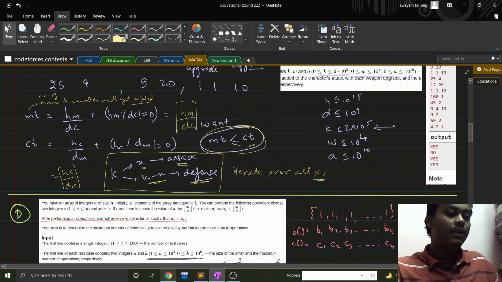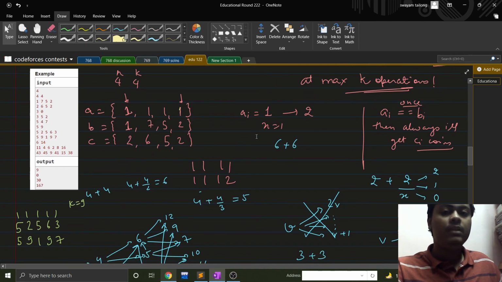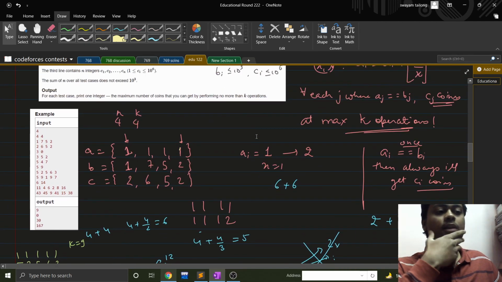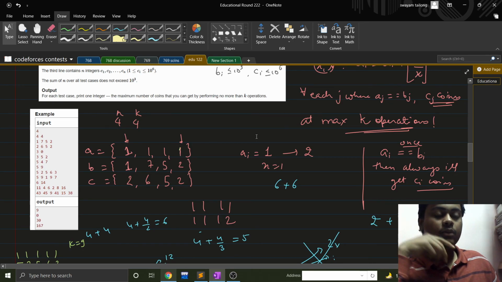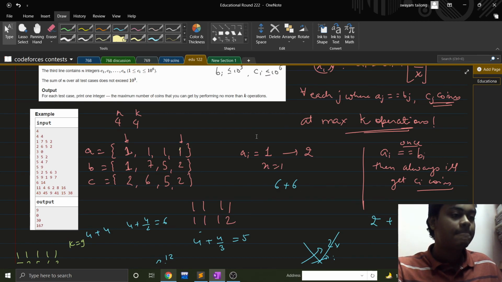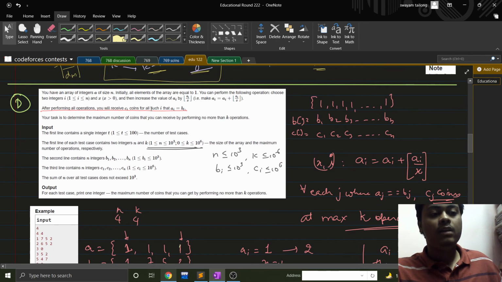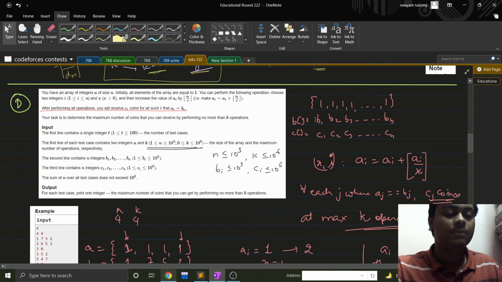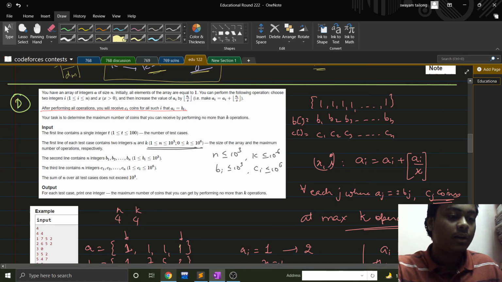Problem D, I'll just give an overview of what I was trying to do. In problem D, I was trying to do, it is not a solution. So if you are here for the solutions, please refer somewhere else. But if you just want to see what I was thinking, then in problem D, I hope you have read the problem statement, because I'm not going to explain the problem statement. What I tried to do is